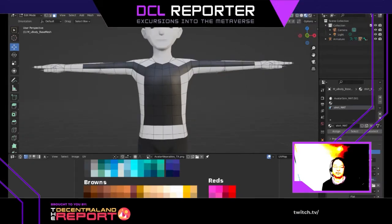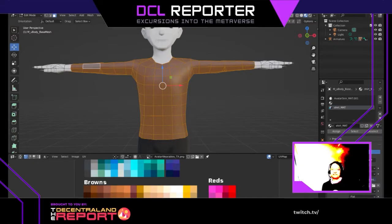There you go. But look what I forgot to do. I forgot to assign, let me undo, I forgot to assign everything to that. There you go. Now I have something to start working with. And this is pretty much what I did for the other one. So I started messing around, did this,